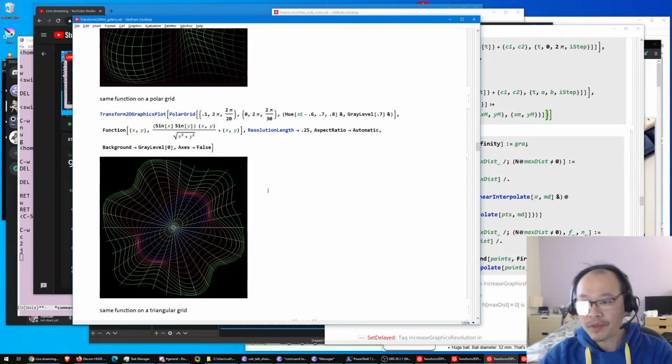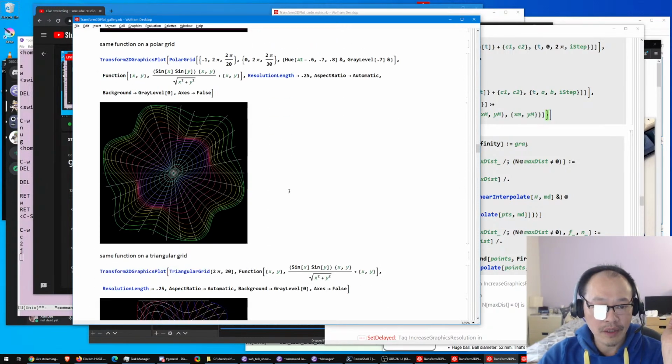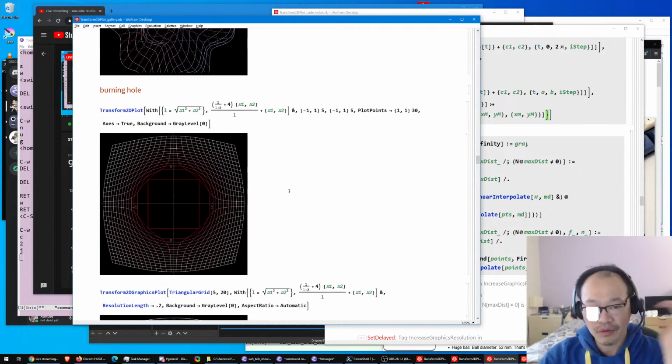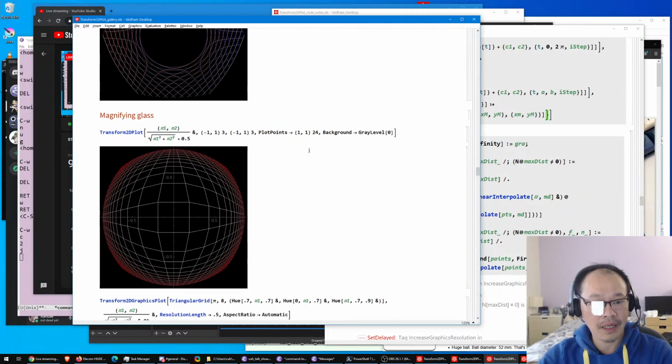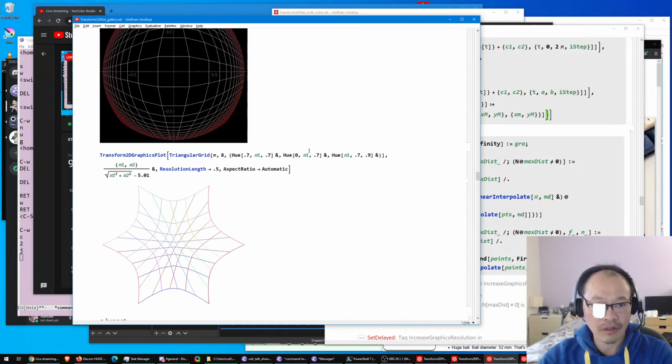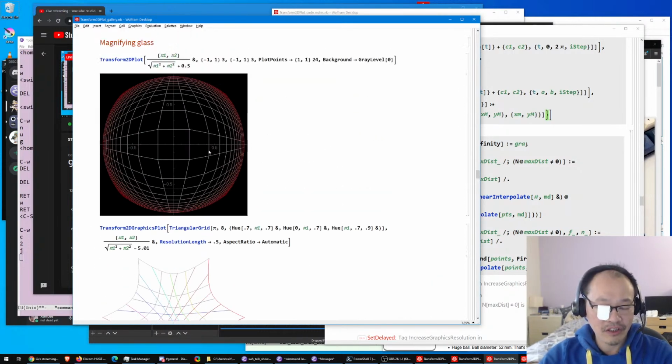Okay, so I think I'm going to just show you, random chat about Mathematica. So you can ask me any questions you want. Okay, you can type in the live chat any questions you want. For example, many of these functions you can see,